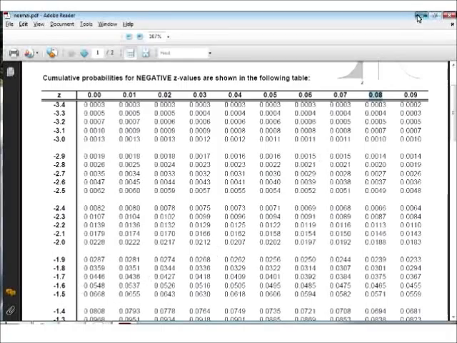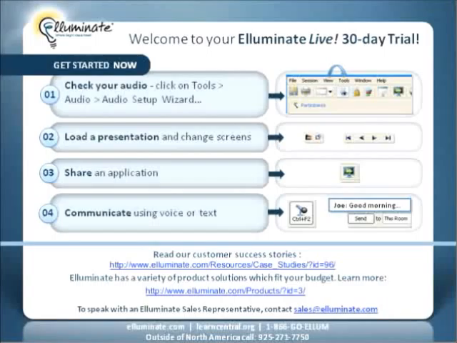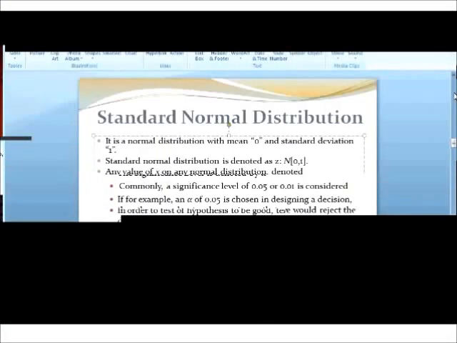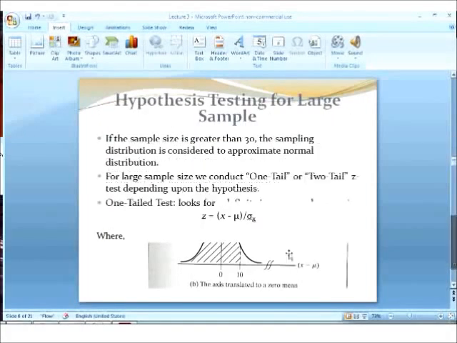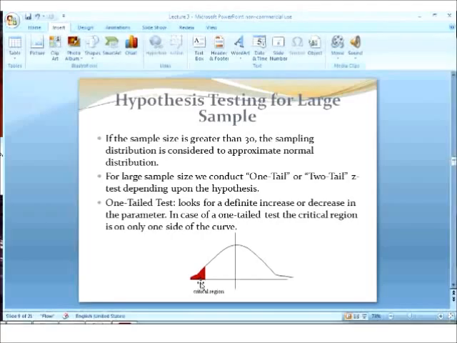Now then you come back and compare the Z value that you have calculated with the standard Z value that you determined from the table or from that chart. Just a second, let me share this with you. In case of a negative value, if your computed Z value is less than the Z value from the table, then